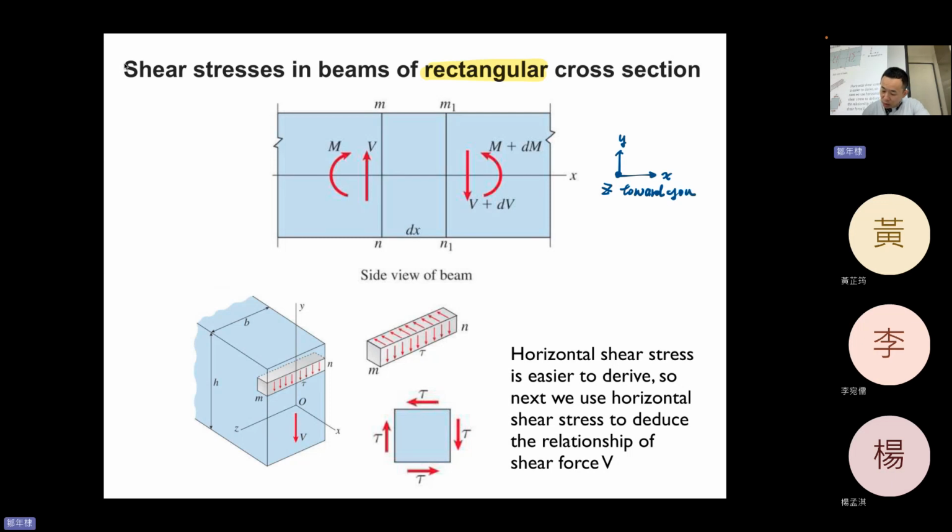Right? And so this is the side view. Okay, then imagine that this is a segment in a beam, and you have V here, M here, and V plus dV and M plus dM, whatever the force on it. Okay, so we are going to see